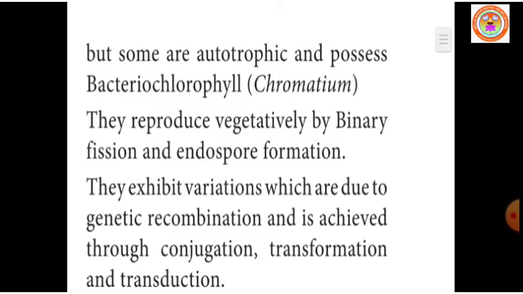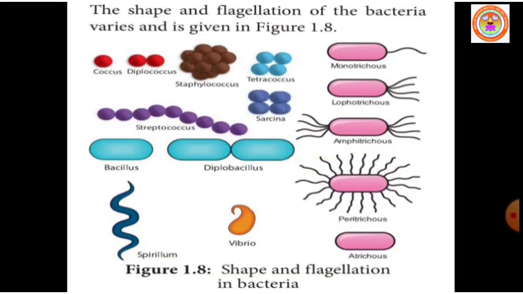Next, classification. Bacteria are classified into different groups based on a few criteria: size, shape, mode of nutrition, the nature of flagella, the number of flagella, and staining methods. Here we are going to see the classification of bacteria based on shape and flagellation. Based on shape, bacteria are divided into four major groups, namely